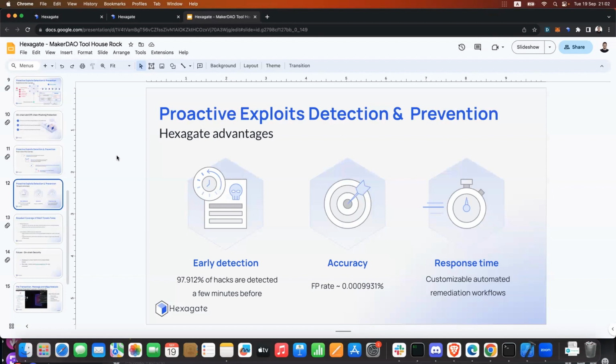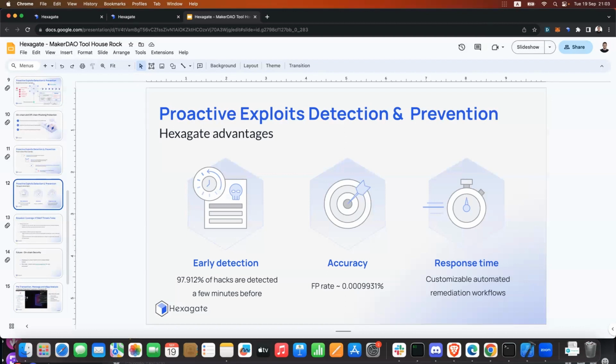And lastly, the response time. We've been working very intimately with customers to automate response whenever we see a threat. That means we provide customizable automated workflows to actually remediate the issue, and not just hand out alerts and let the customer deal with what he needs to do in order to remediate the issue. We're very much with the protocol, with the customer, to help them protect themselves before anything happens.